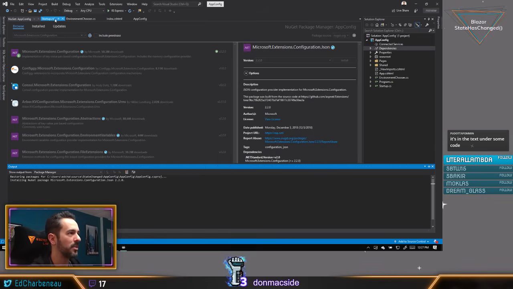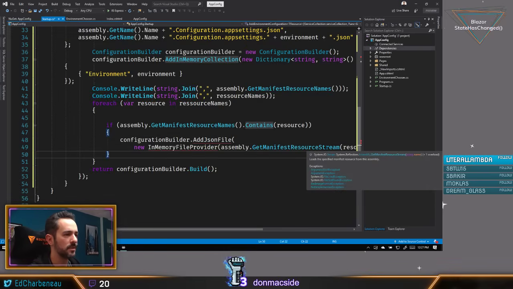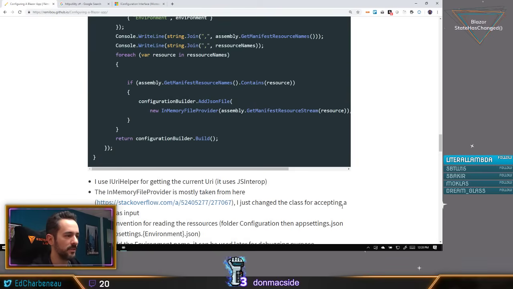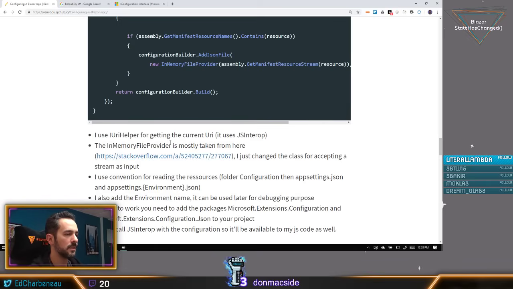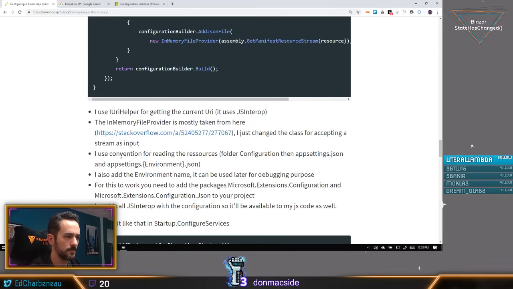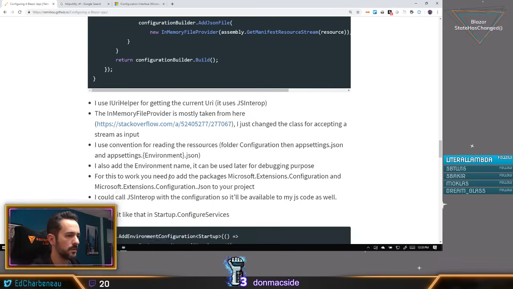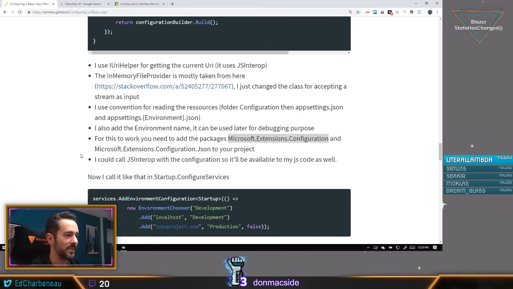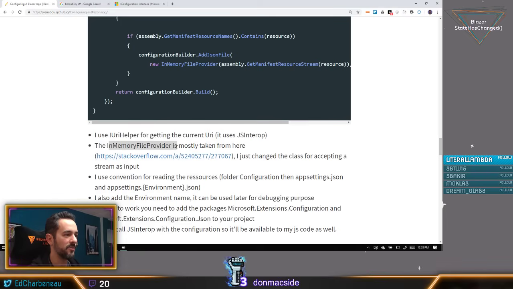So we've got quite a few packages that were not quite mentioned in the article that I saw. Maybe I need to scan through that again real quick. Mentions where he got in-memory file provider from. There we go. For this to work, you need to add Microsoft extensions configuration. If I read a little further, I would have found these guys. Microsoft extensions configuration JSON. So we've added those. And the only thing we have left is this in-memory file provider,